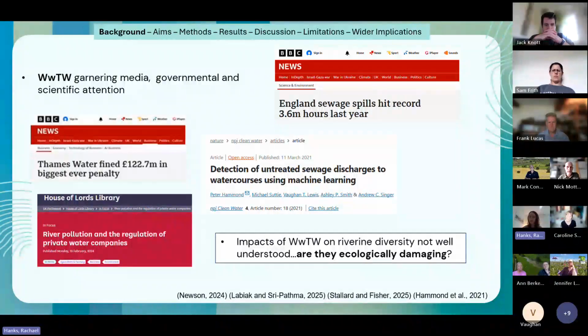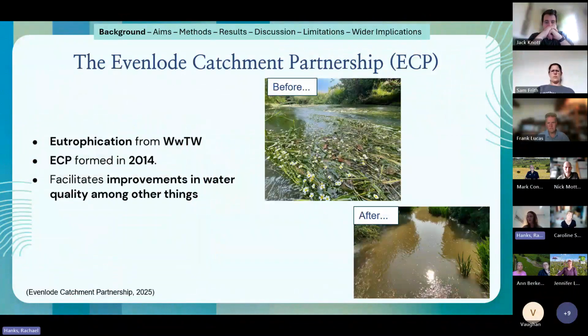However, the impacts of them on riverine diversity, particularly with macrophytes and with the algae side of things, is not very well known. It's quite difficult to be tested by citizen scientists. So I wanted to have a little look at if I could see the impacts in an area where water quality has been quite bad. This was just background. This is also a presentation I gave for my final grade for the dissertation. So there's some background in here that we should be aware of, but just saying that within the Milton under Wychwood there had been complaints raised about the wastewater treatment works there.